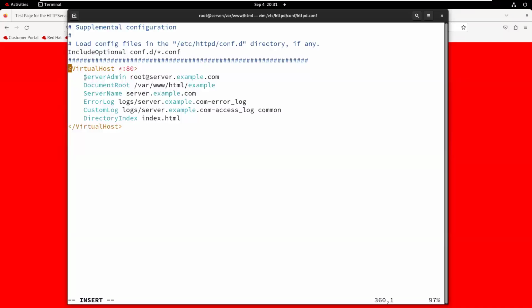What is your server admin? The server admin is, right now, this computer's root at server.example.com. My computer name is server.example.com. Then what about your document root? The document root is by default /var/www/html, but within the HTML location, I want to host the sysgigs customer website. So later I will create a sysgigs folder in that location. Within this folder, I will keep all the web pages of sysgigs.